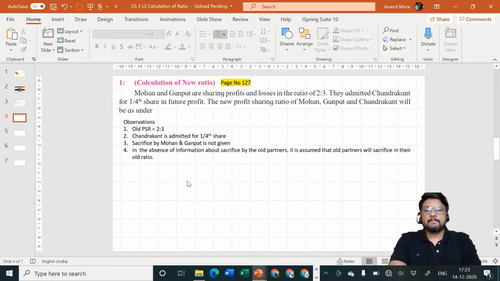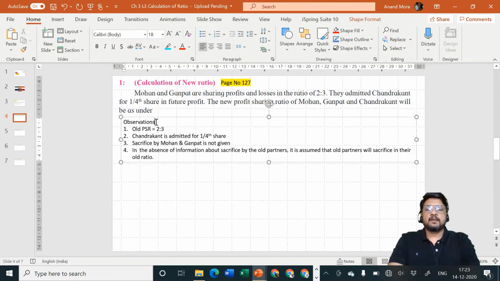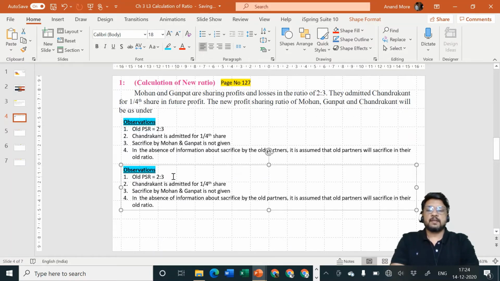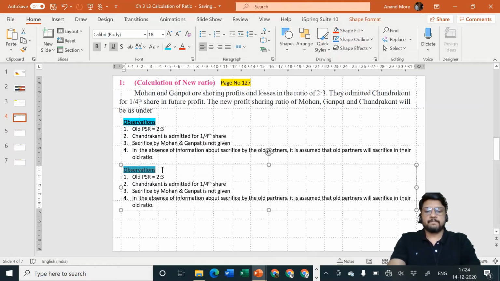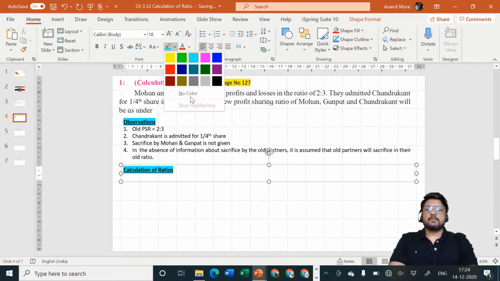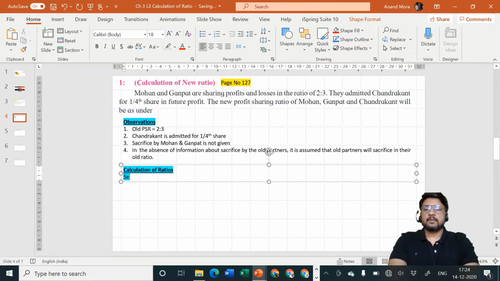Okay, so let us now make the calculation. Before that, let me underline this, observations, and yes, this is complete here. And now I'll make calculation of ratios. Now whatever we are doing, this is the actual answer. The first observations was not an answer. It was just a part for you to understand how I think. Nothing more than that. Okay. Chalo. Yes, step 1.